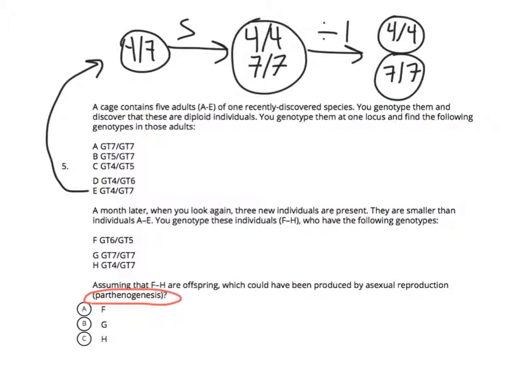So if we were looking at Z and W chromosomes here, then half of the time the oocyte would carry a Z, and the other half of the time the oocyte would carry a W, and that's how you would get two different sexes produced. So let's assume, for the sake of this, that the top cell is the one that's going to divide and produce an oocyte and a polar body.